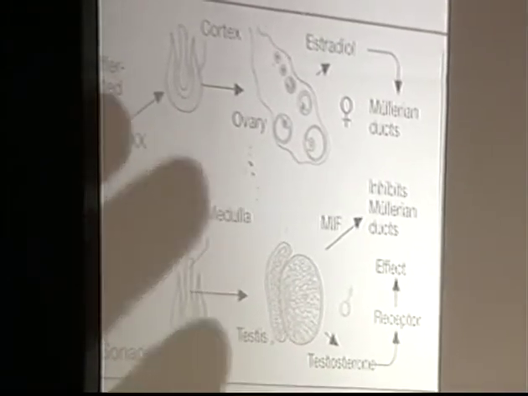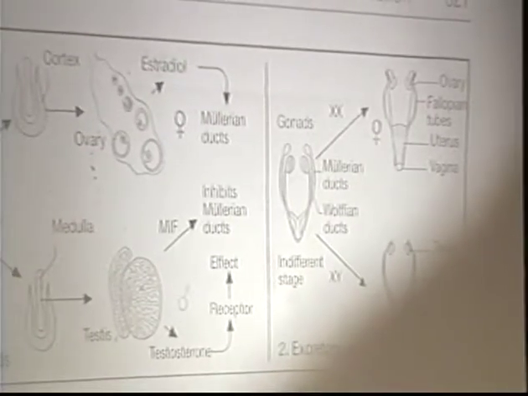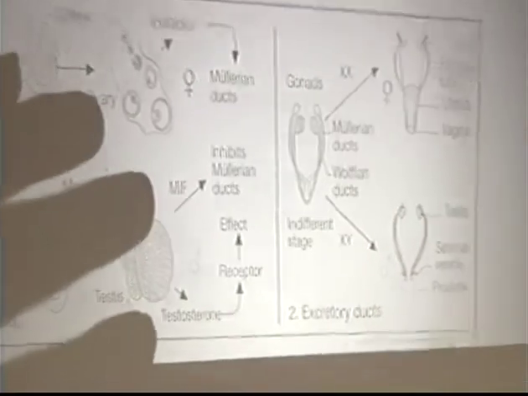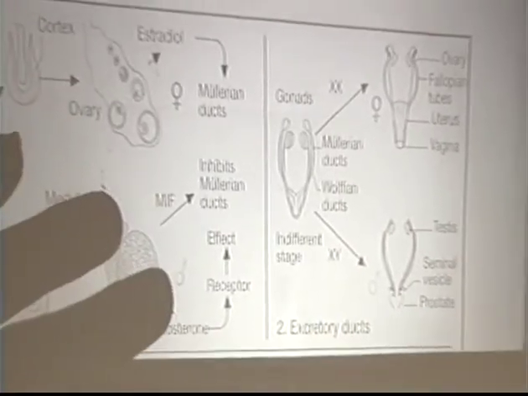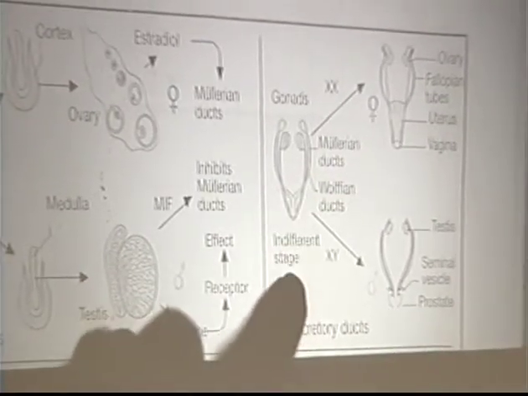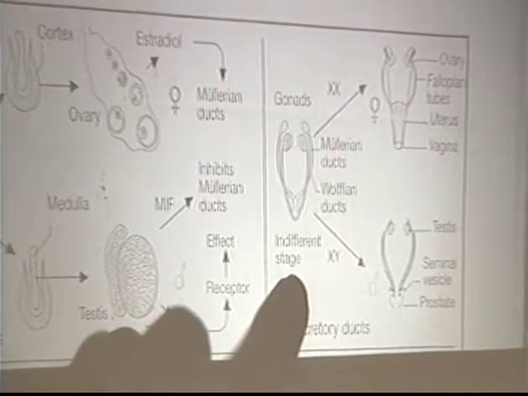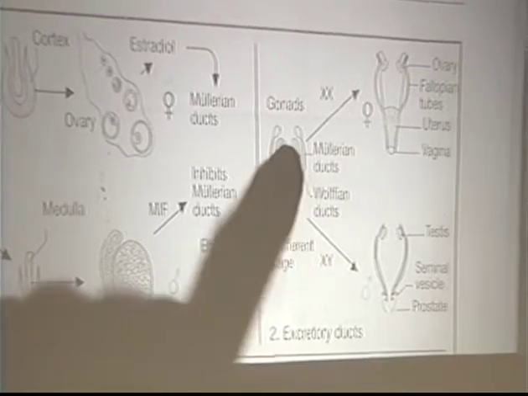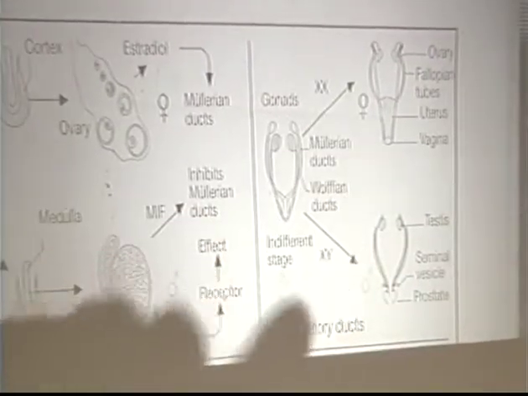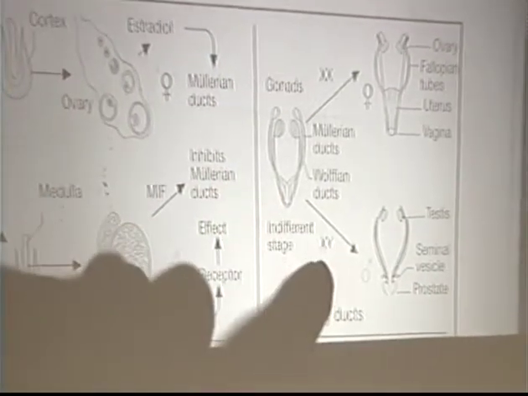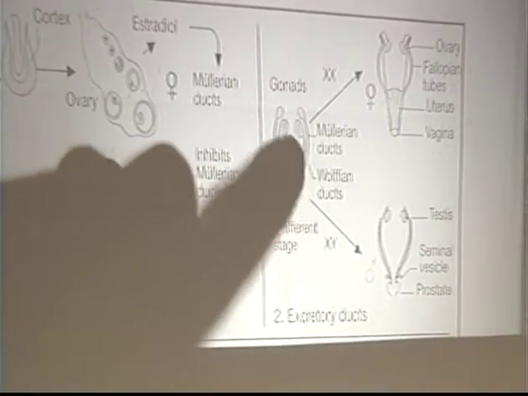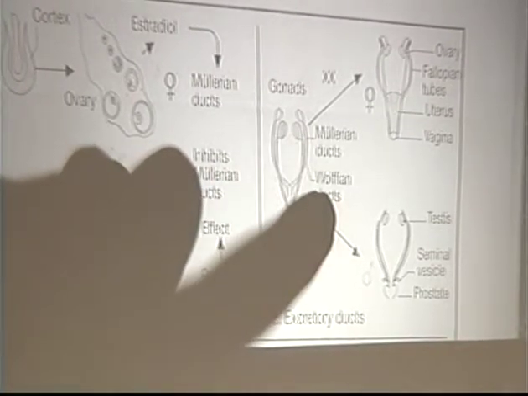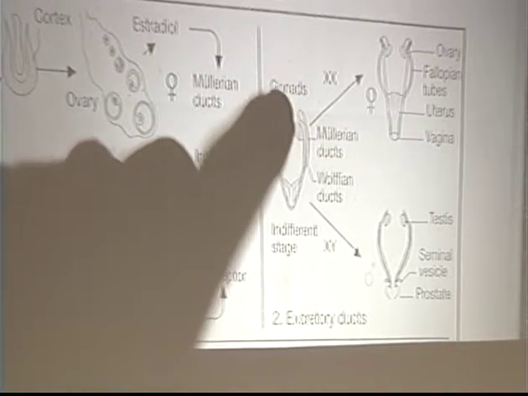Okay, so here's what happens in terms of the excretory ducts. All right, so here's what I'm talking about. The embryo is indifferent. It is, in a sense, both male and female because it's got both sets of plumbing. However, one or the other of those is going to proliferate depending on the genotype. Okay, so we've got the Wolffian ducts, which are the male-specific plumbing, and the Mullerian ducts, which are the female-specific